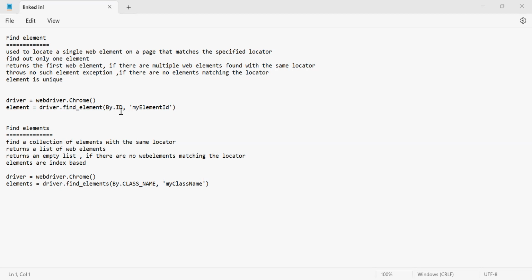For example, if you are selecting a locator like name or class name and finding multiple elements, and you use find element, it will automatically return the first and foremost element in that